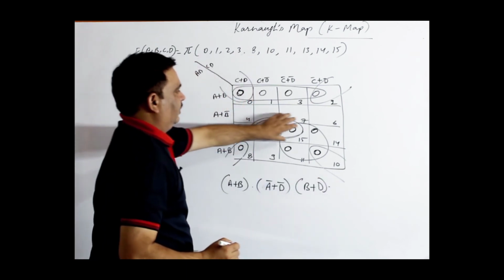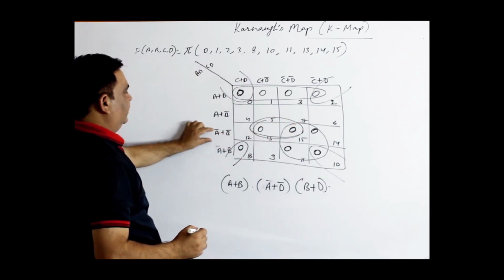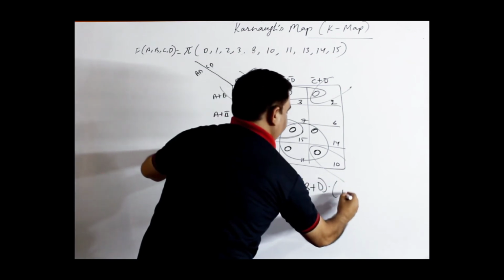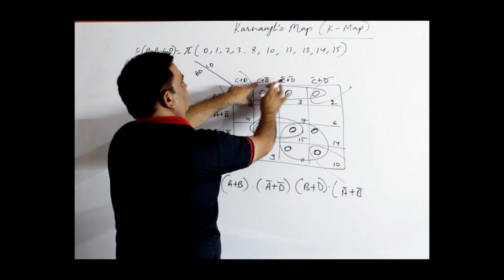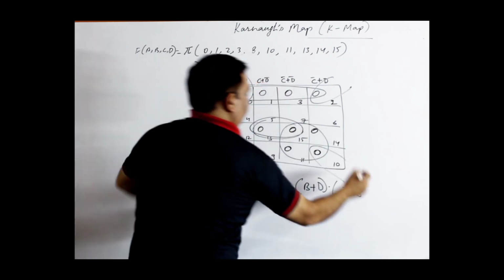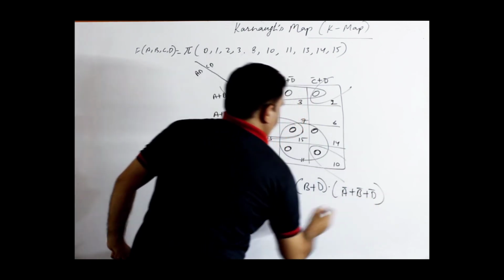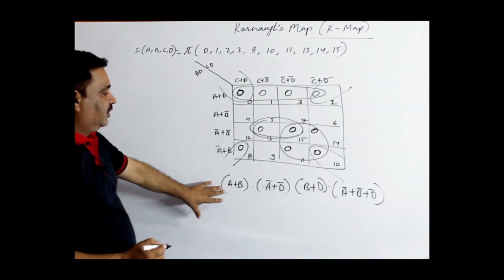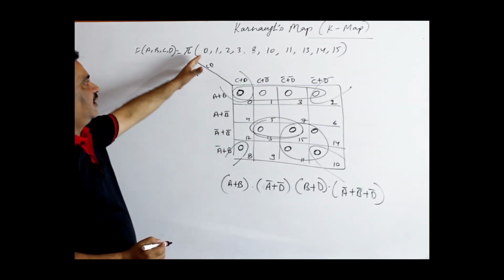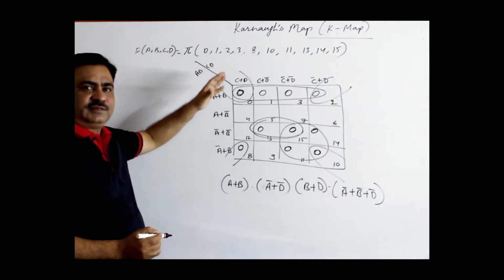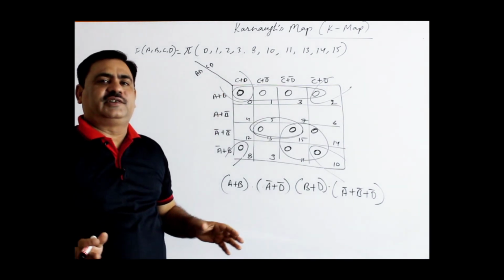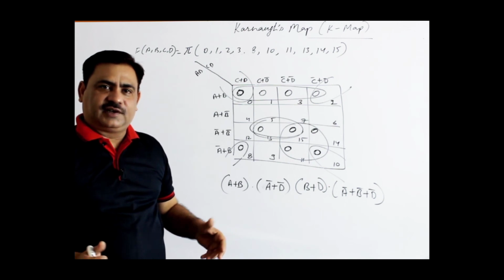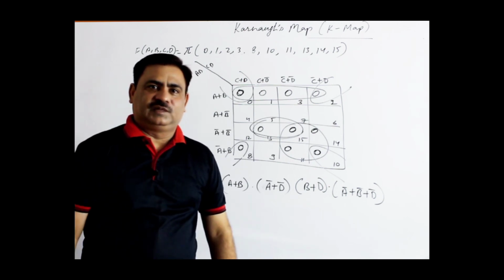Now, only the pair is left. For this pair, the left side is A complement plus B complement, and on this side C changes to C complement, write only D complement. So, this is the reduced expression for this canonical form. This way you can solve a Boolean expression using the Karnaugh map. That is all.